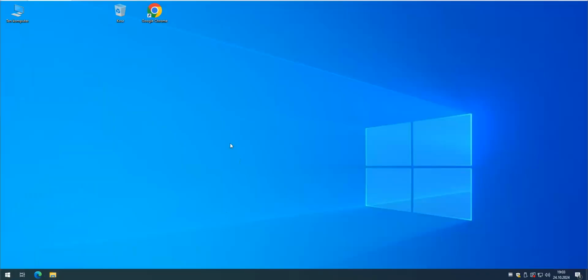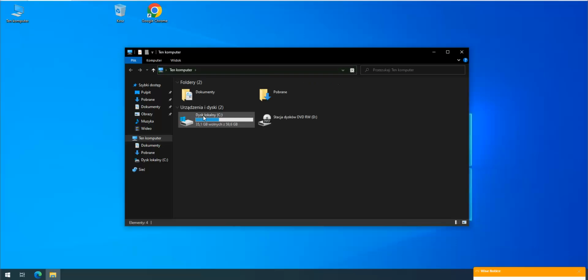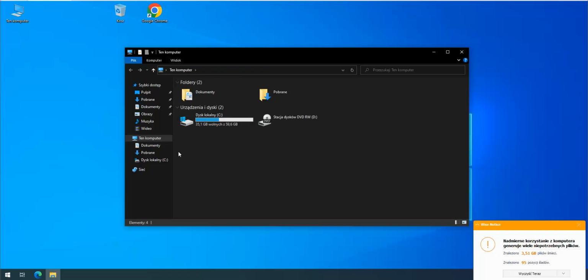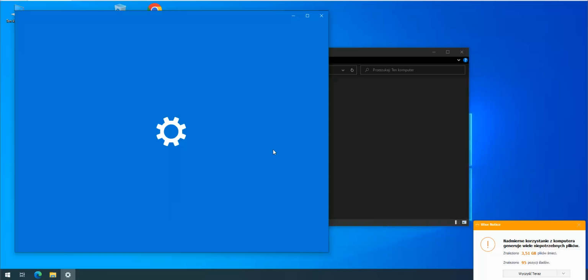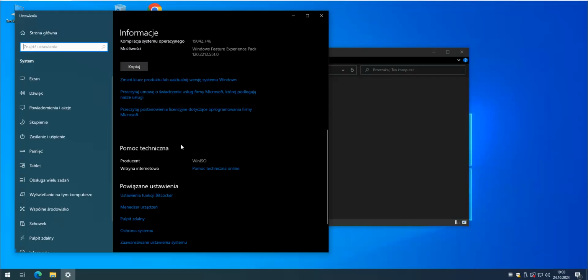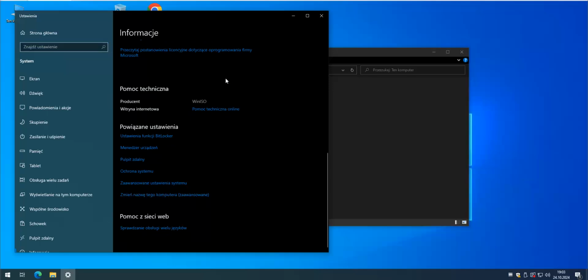So let's add it to the domain, and I'm gonna add it manually. Add it manually the bad way, let's say. So I'm not creating the object in the domain first and then adding it. I'm just adding it from the workstation. So not the best practice